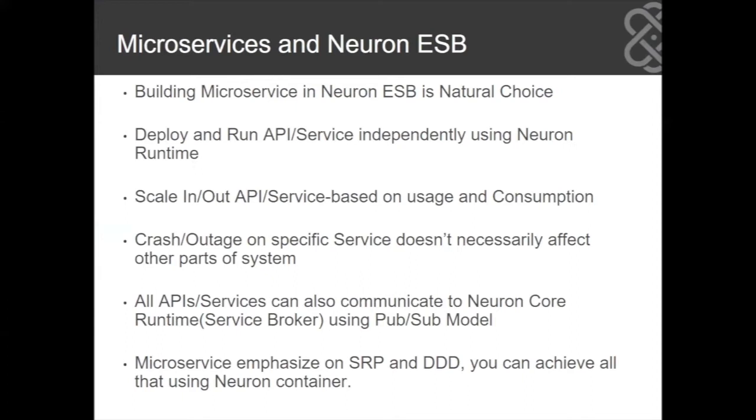One of the major advantages of using microservices architecture is that you can run them independently. Hence, say you're running hundreds and thousands of these things using Neuron, and running them independently or a small set of them independently, then an outage of a specific service or API won't affect the entire system. Also using Neuron, you can build an API which is built for a specific domain and has only a single responsibility. It is a small unit of service which does a specific thing. These are basic principles of microservices, and you can achieve all that using Neuron today.